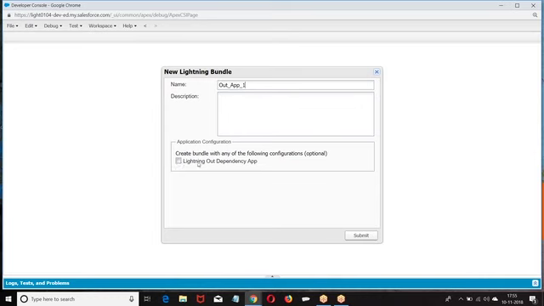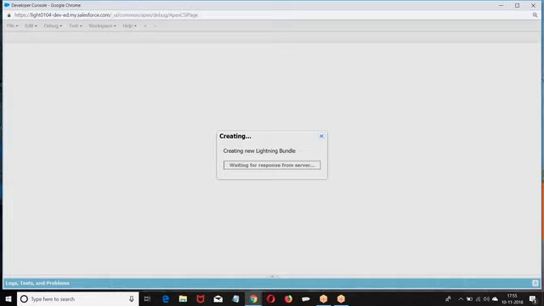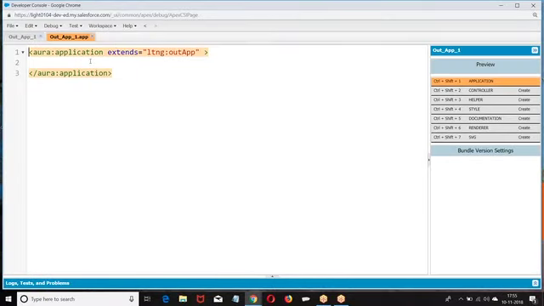We have a checkbox. If I enable this checkbox, this will implement an interface. Look at the point. It will have extends lightning out app. If this is extending a Lightning Out app, this application can be used outside the Lightning. If I give Jira application extends Lightning Out app, this application can be included within third party systems. That may be a Visualforce page or any third party system. Now, what is the component you want to use?